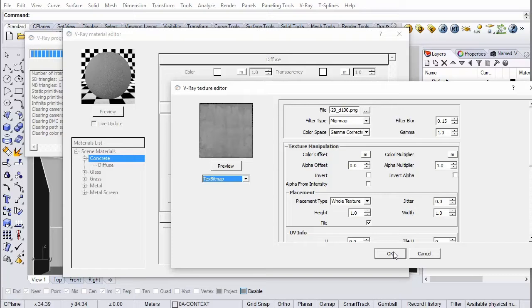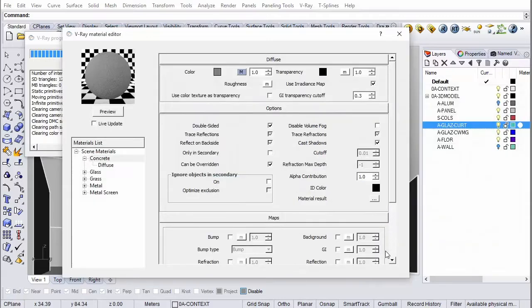Now, these are all parameters that will change how this looks, but if you got a good image and it was more or less what you wanted it to look like, then you don't have to change anything and just click OK and just update here. And it's now showing your concrete texture.